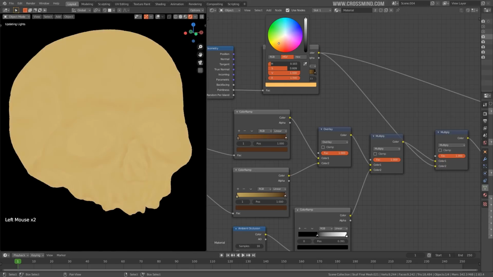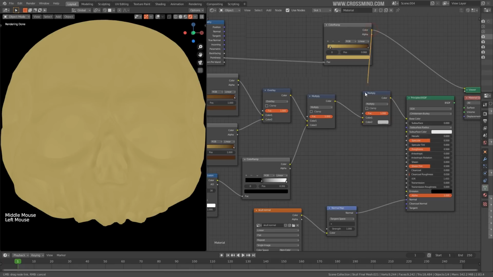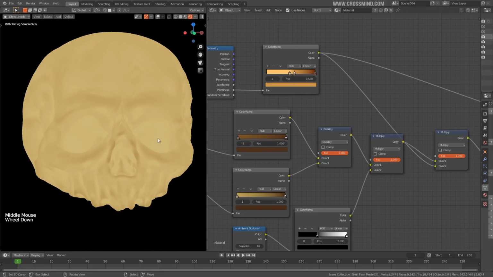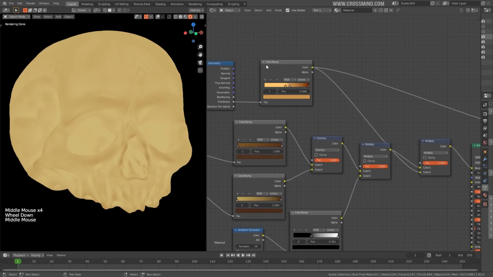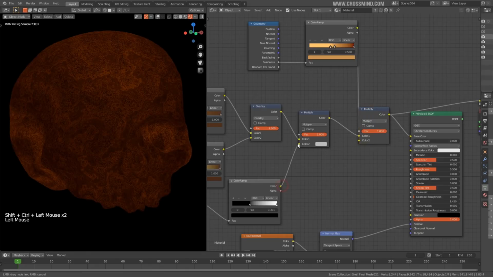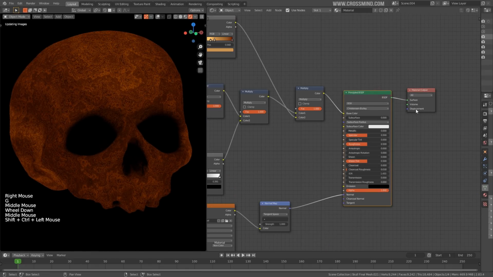Instead we are going to bring the colors over here. We are going to multiply this further with the pointiness texture and change this one to something like this. Yeah, something like this. So we have the base color ready. I think our overall material is